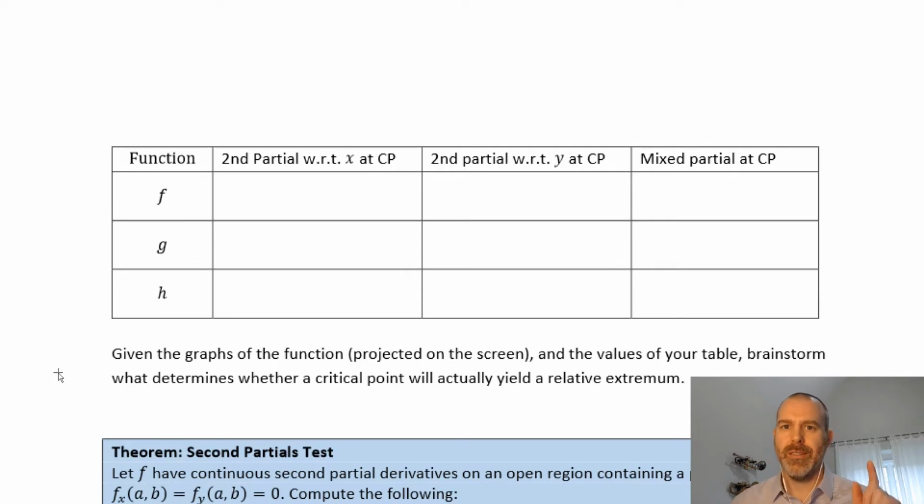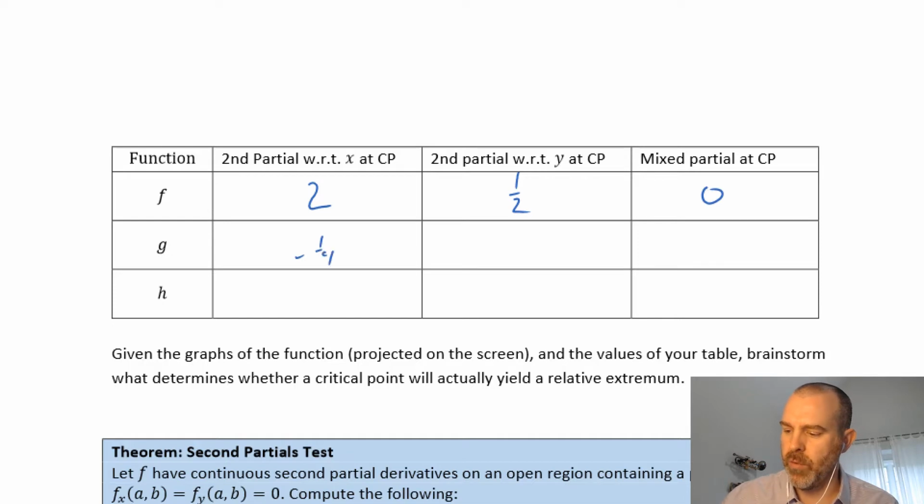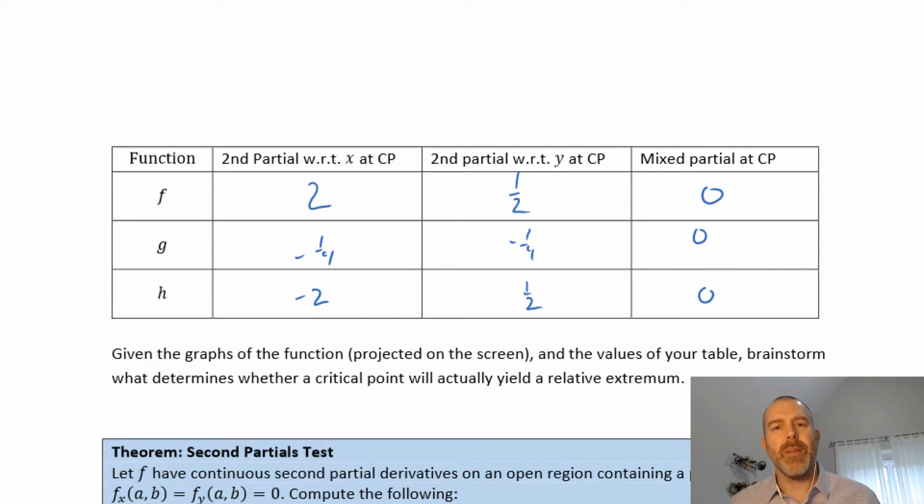All right, so hopefully you actually paused that and did that practice. Let me fill these in here. We should have had 2, 1/2, 0, and -1/4, -1/4, 0, and -2, 1/2, and 0. So now if we think about these, remember the second derivative in Calc 1 gives us